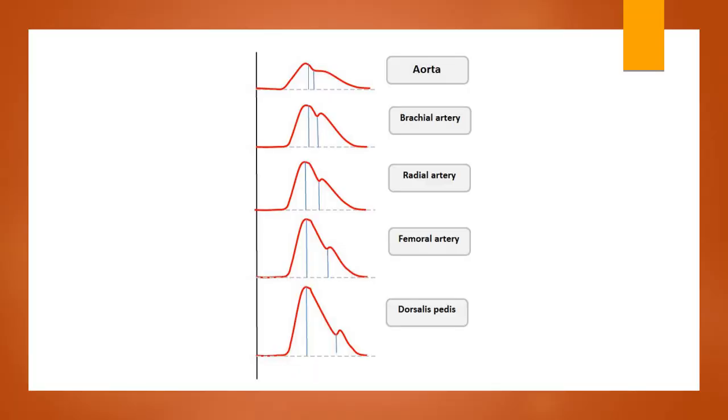So here is a pretty good diagram of what those pressure waves are going to look like depending on proximity to the heart. Our aorta, as we know, closest to the heart, a little bit further away, but still pretty close, brachial artery, and then radial artery a little bit further down our arm. Same thing with our leg, femoral artery. It's going to be a little bit closer to the heart than our dorsalis pedis artery is. Okay, so these are kind of similar in distance to each other. Upper extremities are going to be a little bit closer, of course,